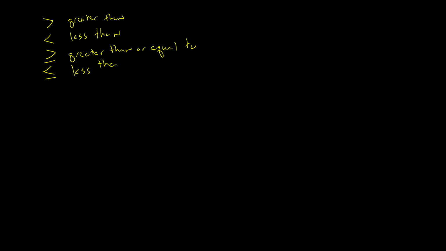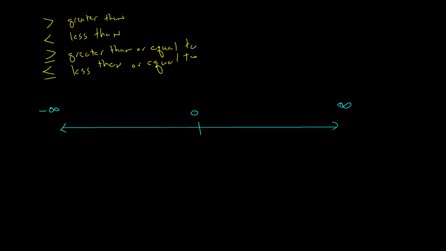Alright, so we have inequalities written. And what we're going to want to do is graph these on a number line. So let's give a basic number line here, which will have some 0 in the middle. And it goes off to positive infinity in this direction and negative infinity in this direction. And it can house